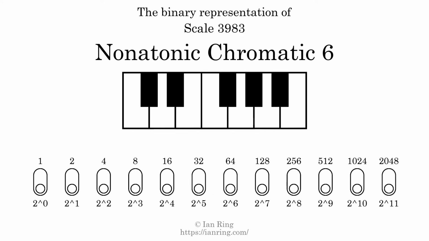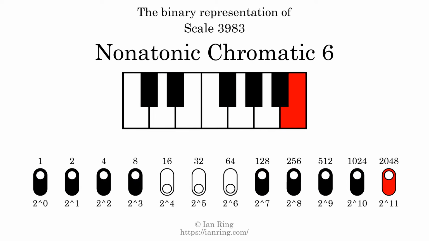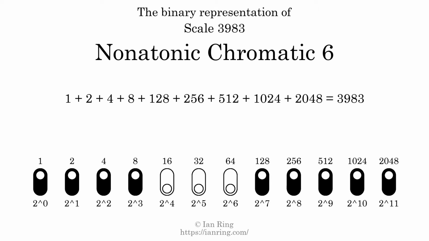The binary representation of this scale is determined by mapping tones of the scale to binary digits. Each binary digit represents a power of 2. To get the scale number, we add the powers of 2 together. The powers of 2 that are present in the scale, all added together, equals 3983. That is why the scale number, in decimal, is